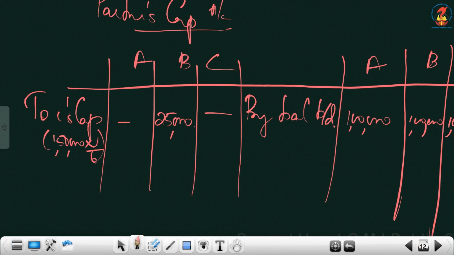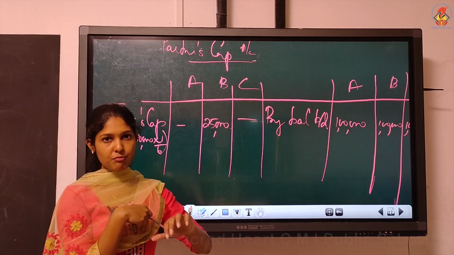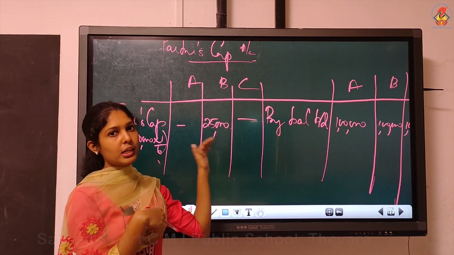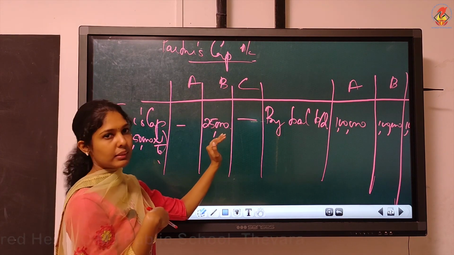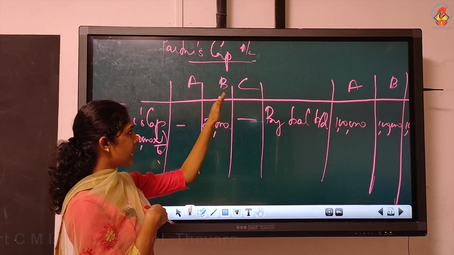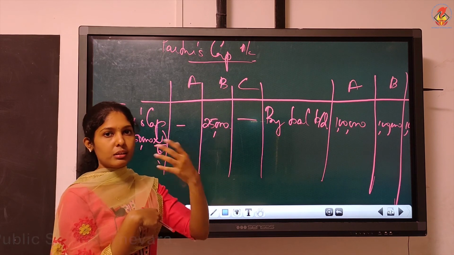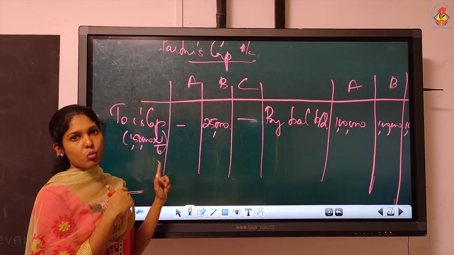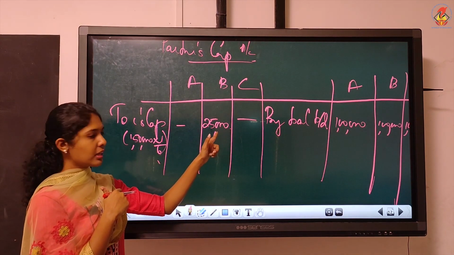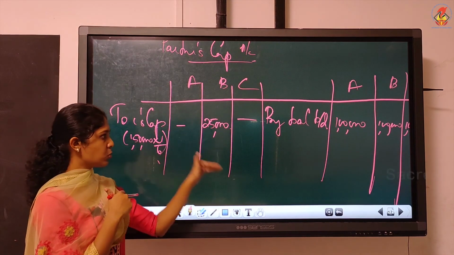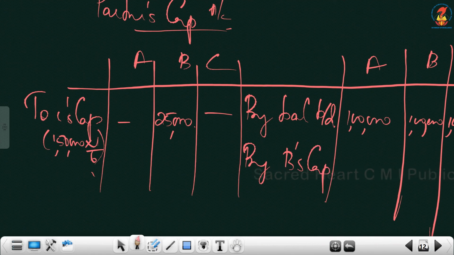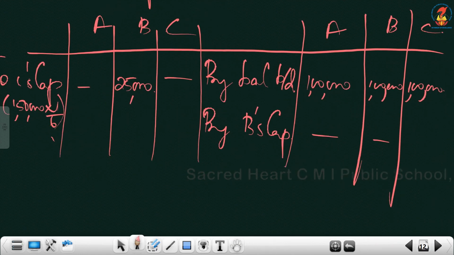Understood? And now we have 25,000 that can be directly written because only B is the gaining partner. So no need to divide this 25,000 again in the gaining ratio. Normally you will have to do that: compute the retiring partner's share, then divide it between gaining partners in the gaining ratio. Here you can directly write that amount. The simple journal entry is gaining partner debtor to retiring partner. What is the amount you are giving him? Out of 1,50,000, his share is 1/6. That's what we are giving him, and it will be given only by B. This is the posting. Similarly, you must write "By B's capital," and in C's column you must write 25,000. So that step is over.